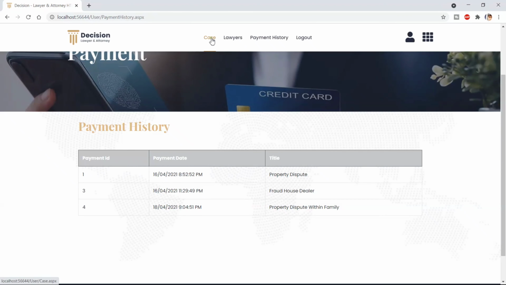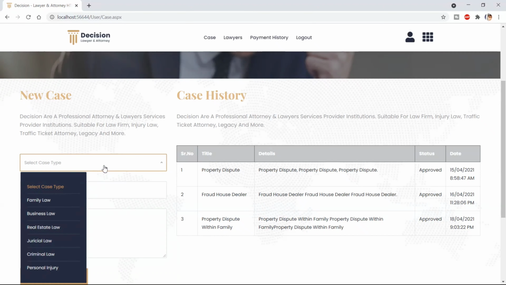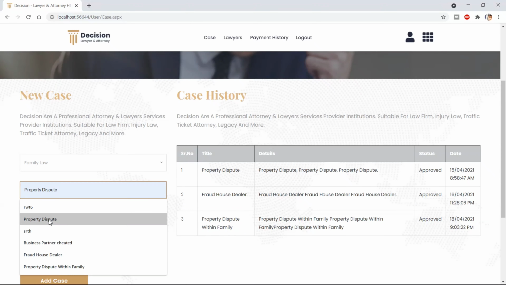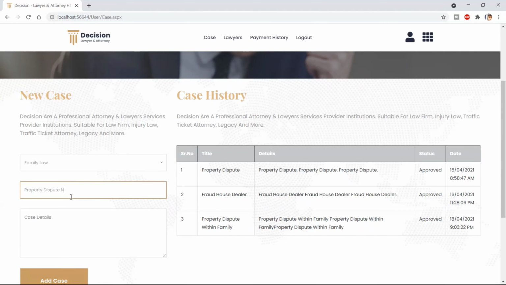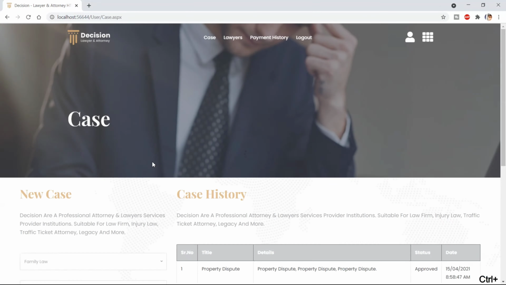log out. So in case, let's add one case. Select the case type, and give the case details. Add the case.